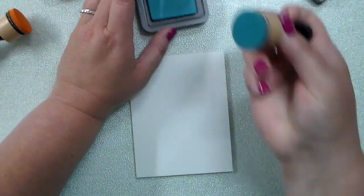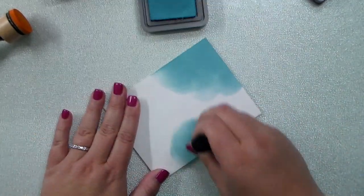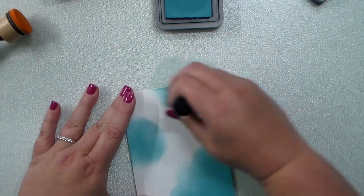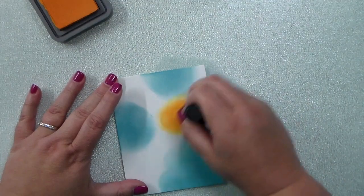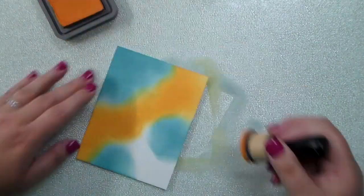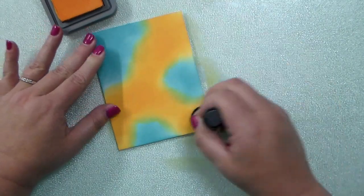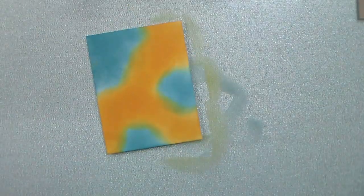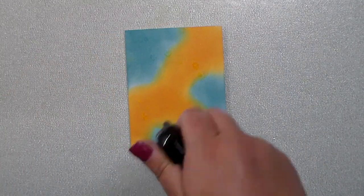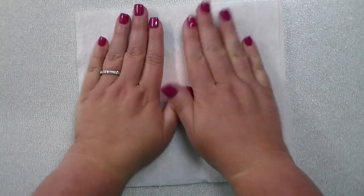For the background, or the underneath part of this card, I'm going to smooth on some Distress Oxide inks in Broken China and Spiced Marmalade. I'm not being too careful about a pattern or getting the blending just right, because I am going to sprinkle on some water to get that nice oxide reaction with the water and the ink. So I'm looking at that to make sure I like the way those colors are set up, and then I'm just going to squirt a little bit of water on there, dab it up with a paper towel,